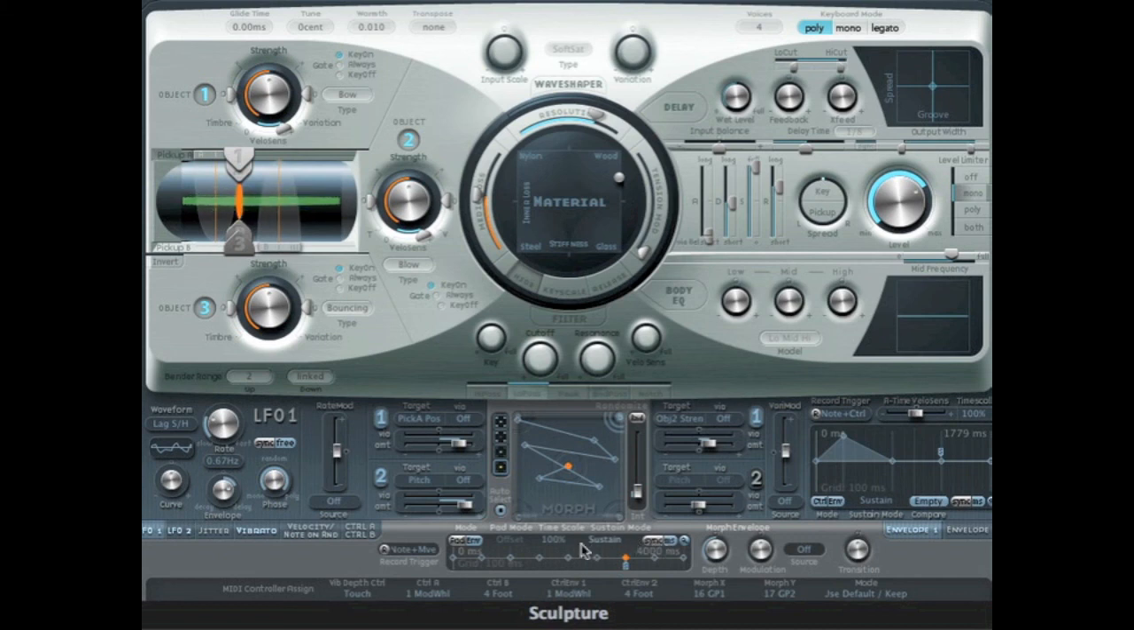I could make this sync with the track, or I could make it go twice as fast. I can do more things with continuous controllers, but I'm not going to do that now because it will become way too complicated. But that just gives you an idea of some of the possibilities that you can have with the modulation routings in Sculpture. With this you can get very complex evolving sounds